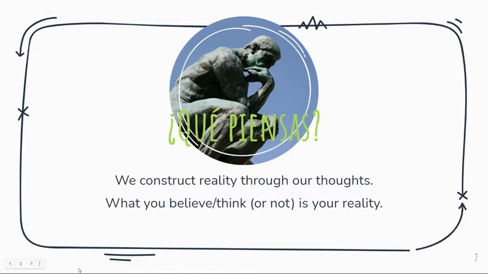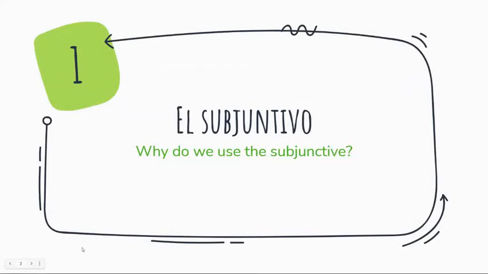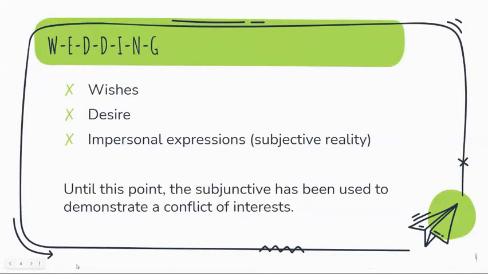What the subjunctive comes down to is what is objective and what is subjective. So, when do we use the subjunctive and why? On the surface level, we can remember how and when to use the subjunctive when we remember the acronym WEDDING. We've already studied three cases, three letters here. Wishes, which can be recommendations and suggestions. Recomendar que, insistir en que, sugerir que, etc., etc.